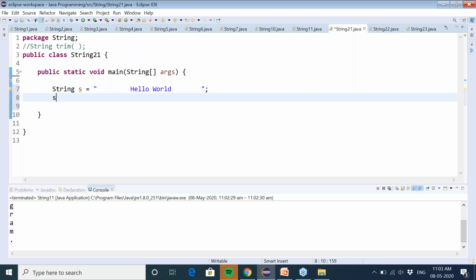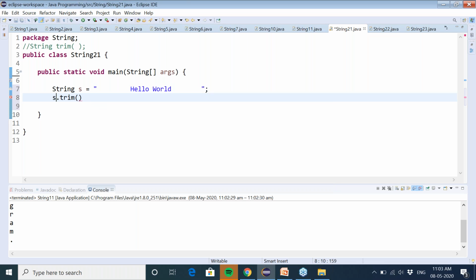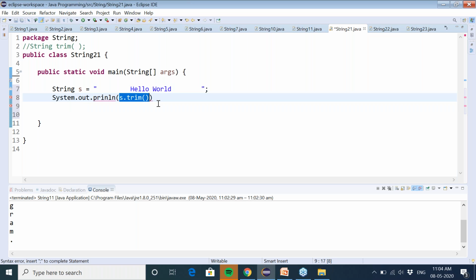And if I print the result of this method using the System.out.println method, in that case if I put the trim here inside the parentheses, you will just get the words hello world, right?